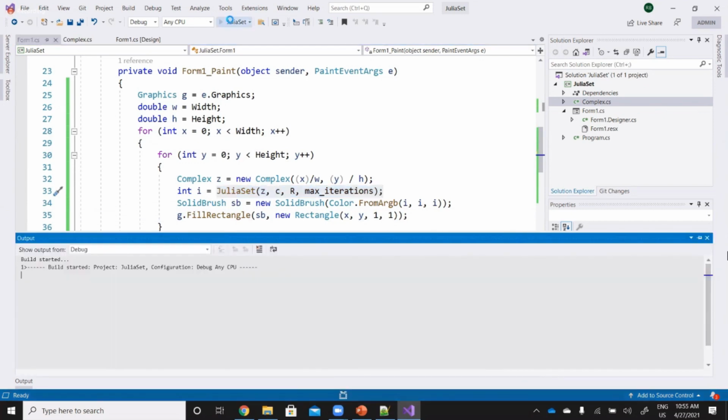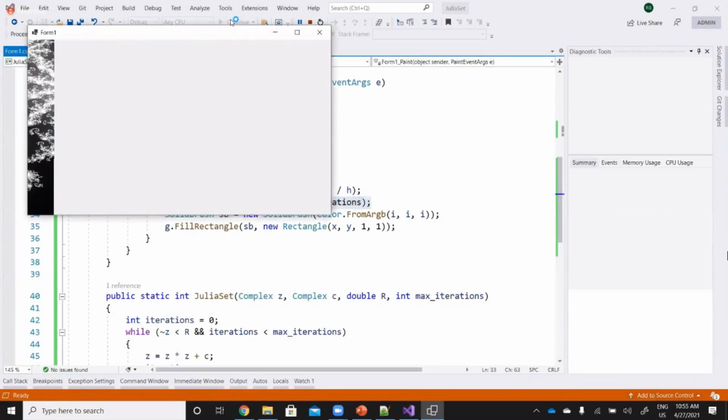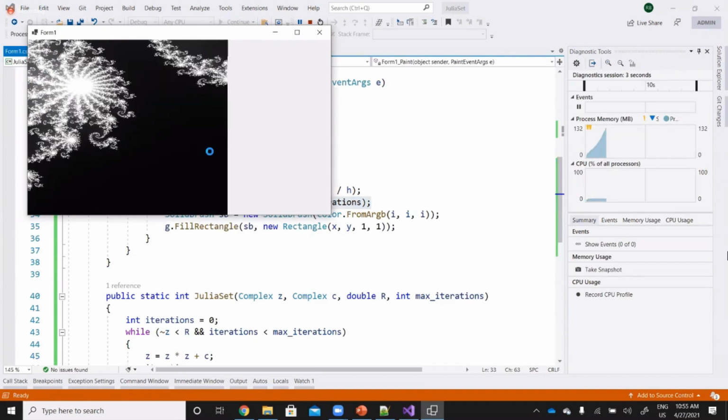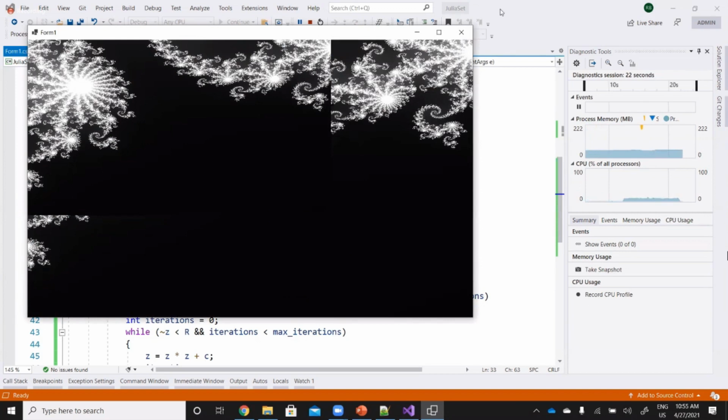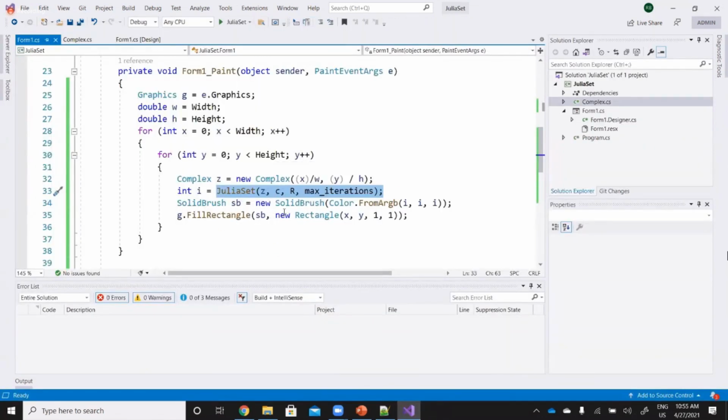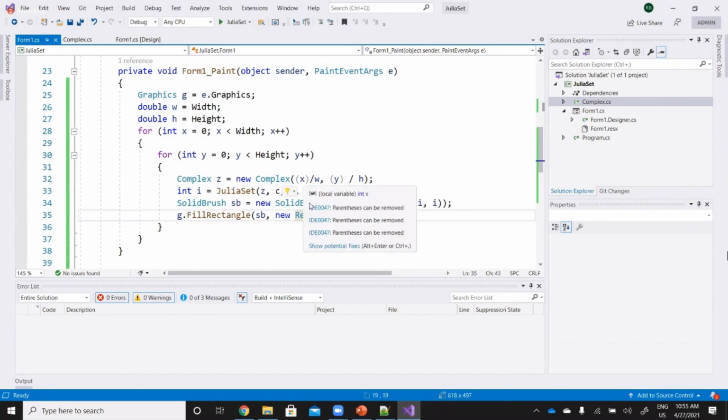So when you run this program, you should be able to see this kind of pattern. Right? So this is the pattern you should be able to see. And try drawing this one, and I will just stop this one. Right? I will try to send it to the middle actually.